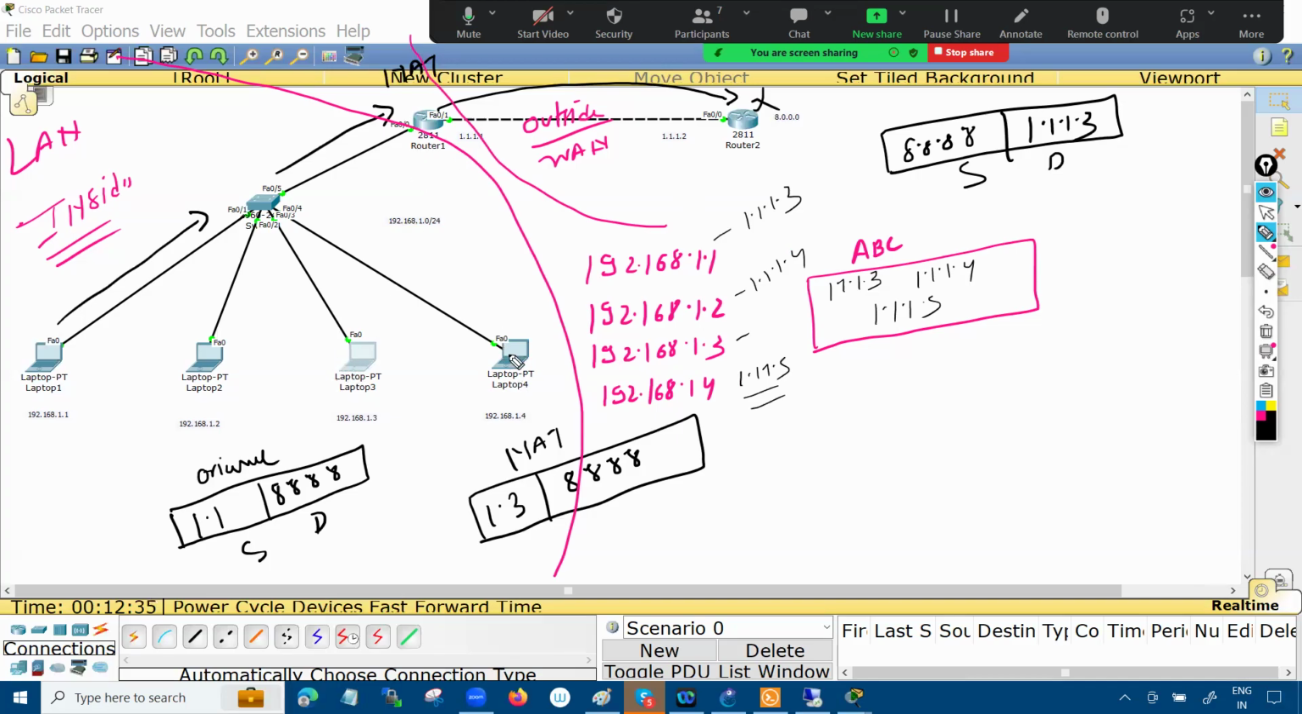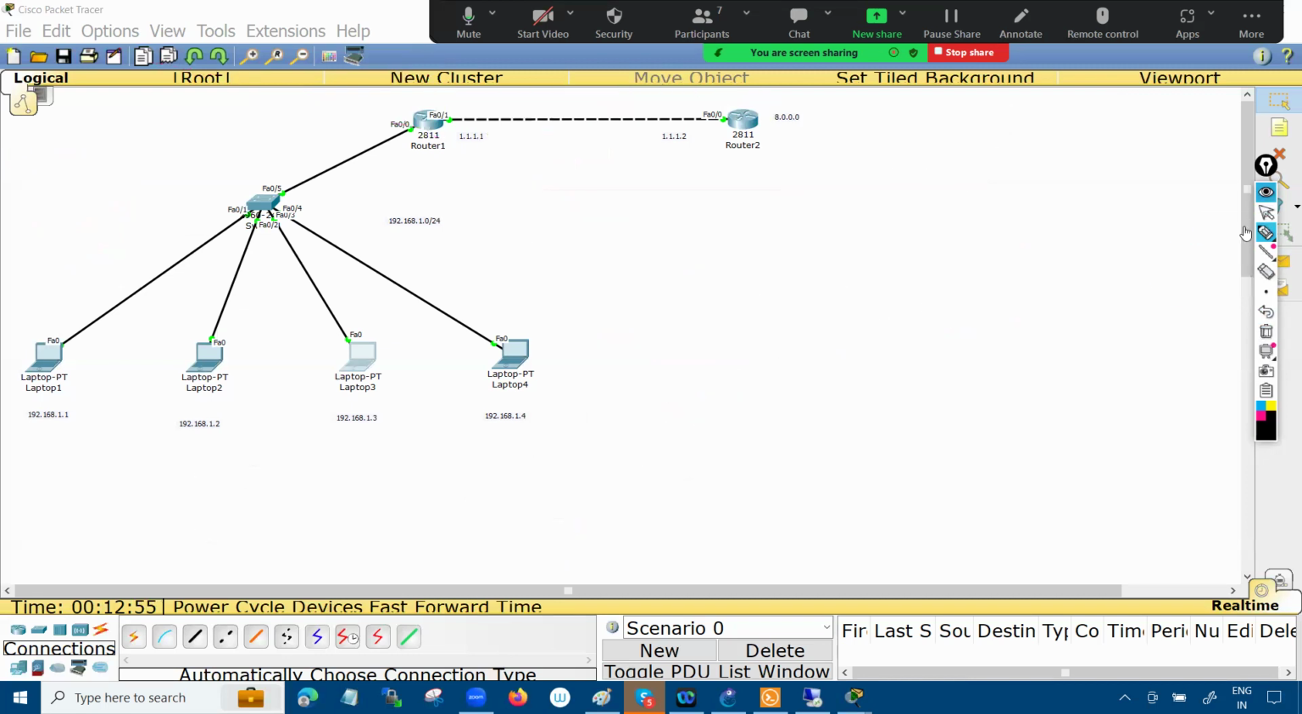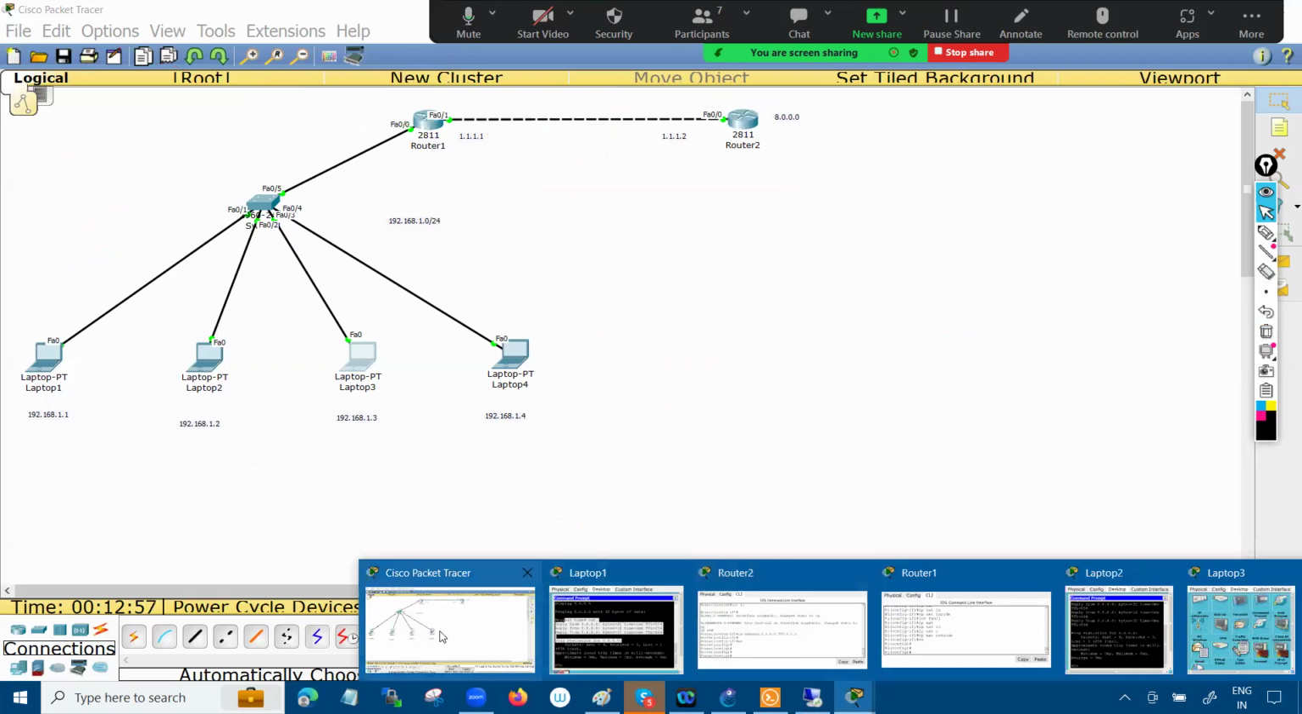So that's a good point. After the static NAT, the dynamic NAT was a good one. But still in the dynamic NAT, we have a limitation, right? The limitation is that we need to purchase a bunch of public IP addresses. So let's see how the dynamic NAT works. Same concept, what you can do is